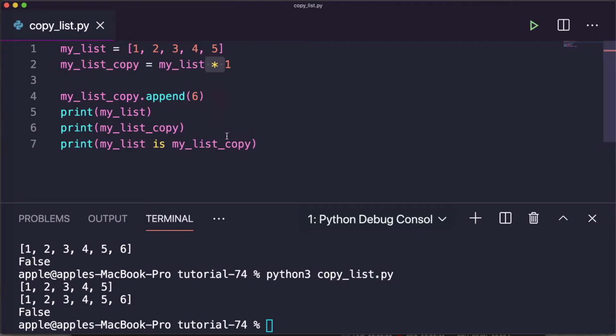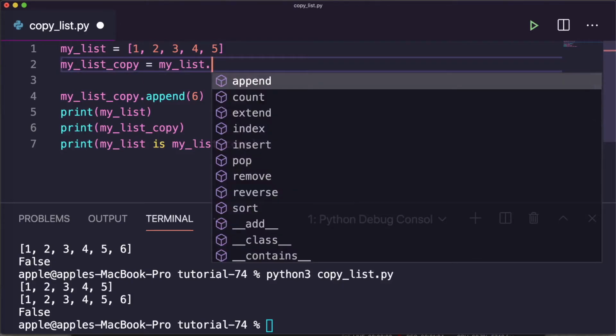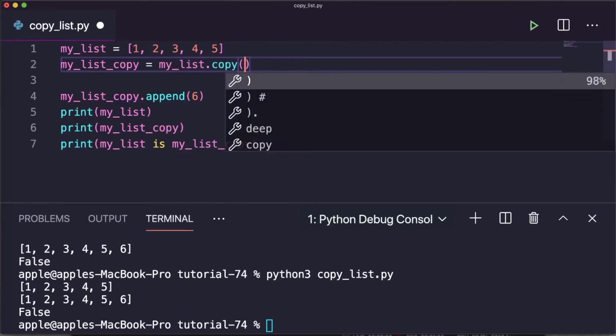Okay, so now let's go for another example, using the copy function. This is the most elegant way to copy a list. I believe it is the most efficient version, and it is the most readable, you can say. If you use the copy function here, this is the most recent and, you can say, the best. I will always recommend using this copy function.